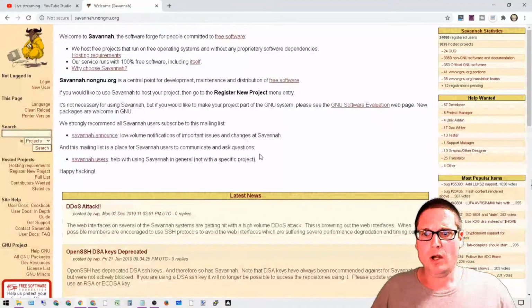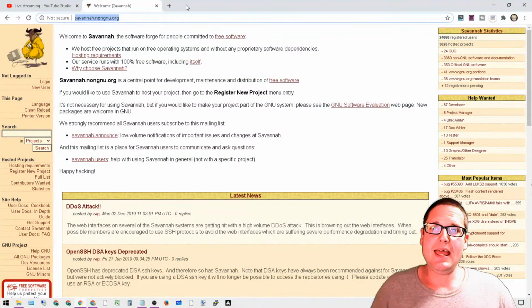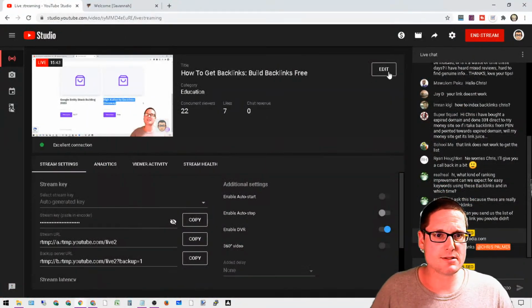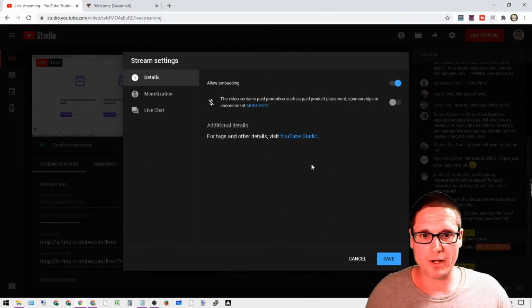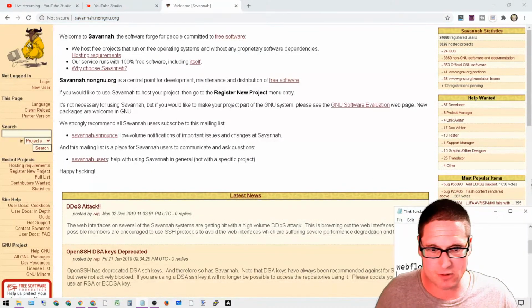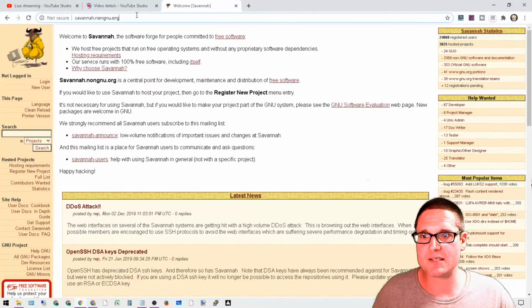All right, so moving down the list, we stopped here, savannah.nongnu.org, I believe it is. All right, so let's go into here. We'll go right over here. Let's see what's going on with this. So I'm going to right click, open this in a new window. As I'm waiting for that, let's go over here. So the next link on the list is